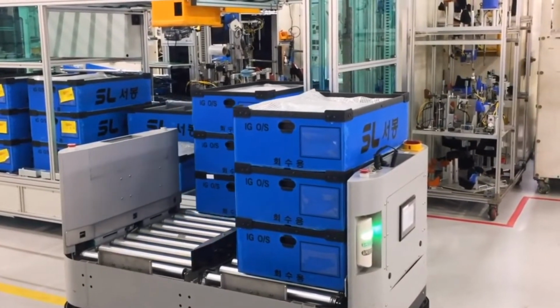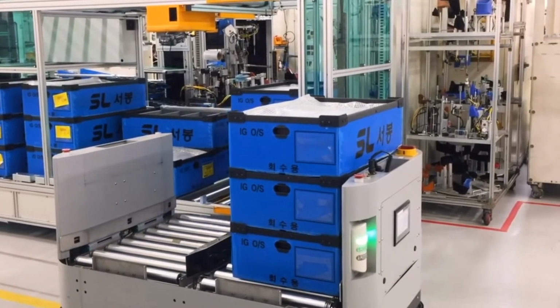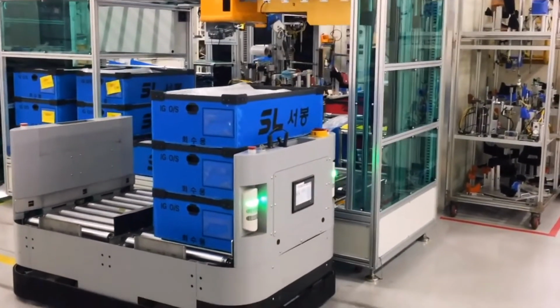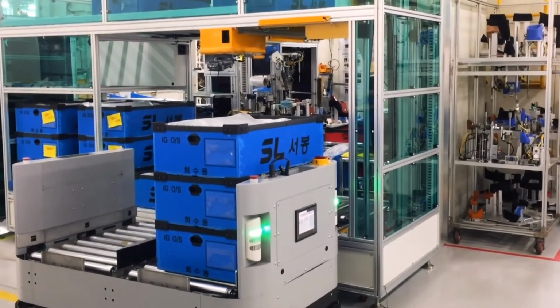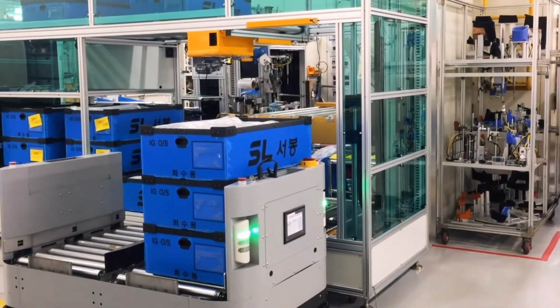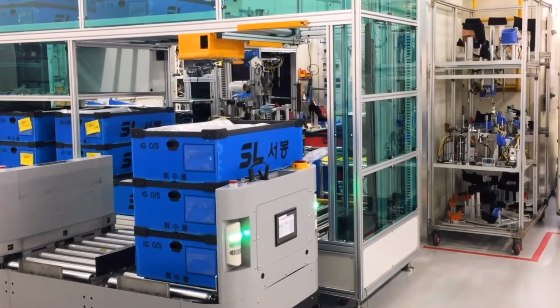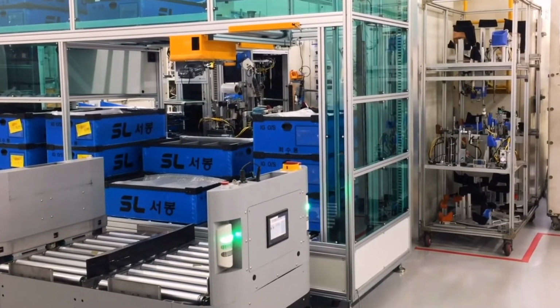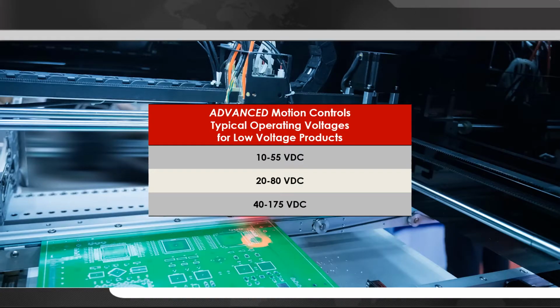With regard to voltage, compared to traditional factory applications, mobile robots and cobots operate with a relatively low DC supply voltage, typically in the range of 10 to 100 volts DC. This is mostly due to the availability of batteries and safety, although higher voltage systems also exist, for example with industrial robots and agricultural robots. In the low voltage category, our standard products operate over a wide range. For example, 10 to 55 volts, 20 to 80 volts, and 40 to 175 volts DC are typical operating voltage